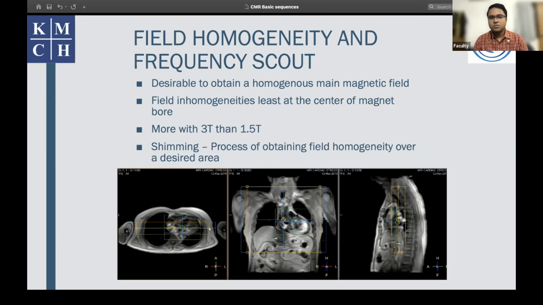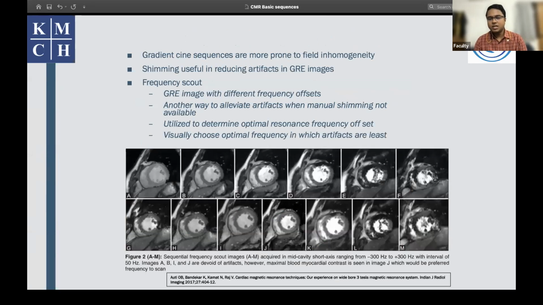So we do something called shimming, which produces a homogeneous magnetic field in the desired area using the gradient coils. This inhomogeneity is more pronounced in a 3 Tesla system than a 1.5 Tesla system, and that's the reason we get good quality cine images in 1.5 Tesla, whereas there are more artifacts in 3 Tesla. But this manual shimming, as we speak, is not available with all the vendors. Some vendors provide manual shimming, some vendors don't. So there are other